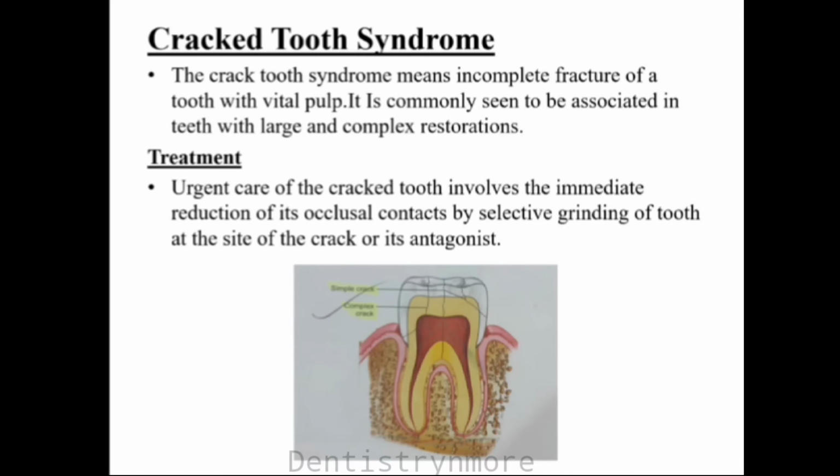Next one is very important, that is cracked tooth syndrome. It means incomplete fracture of the tooth with vital pulp. It is commonly seen to be associated with teeth with large and complex restoration, and the treatment includes urgent care of the cracked tooth, which involves the immediate reduction of the occlusal contact by selective grinding of the tooth at the site of the crack,